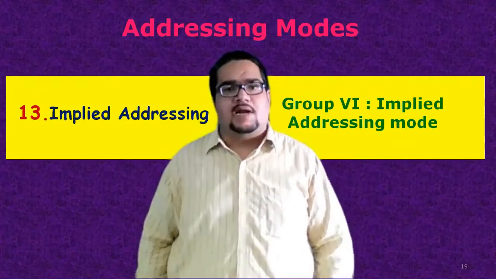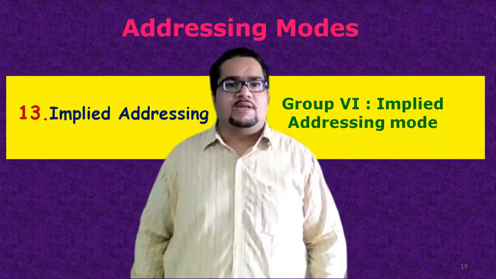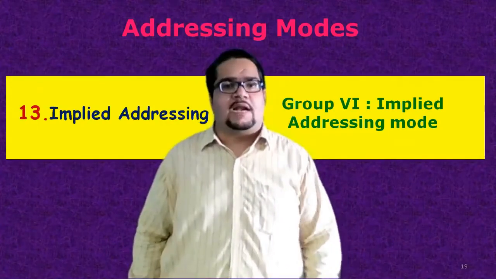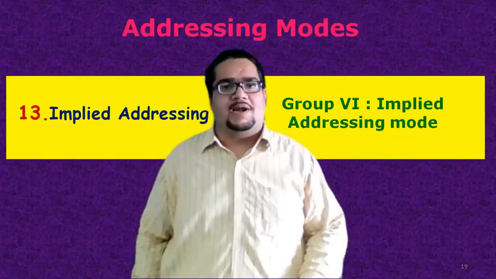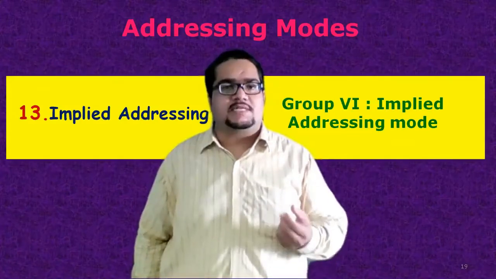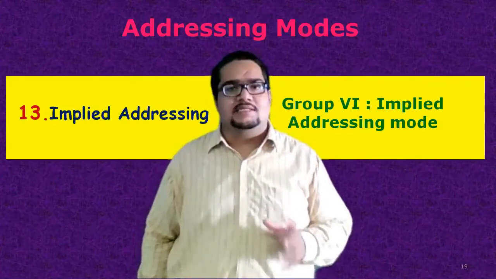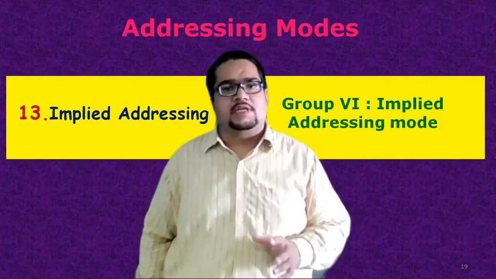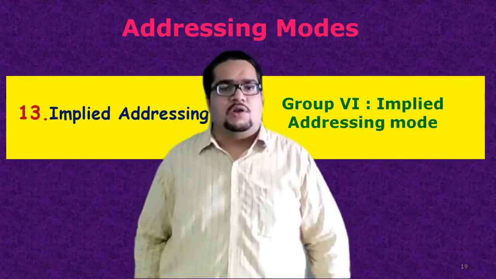A very good example of the implied addressing is the CLI instruction we have seen earlier, where you need not define or write where your operand stays, because the processor itself knows where your operand is. Your operand will be directly accessible from the instruction itself. You need not write it because it is implied. As in CLI, it knows that it has to clear the interrupt flag bit. Okay, we shall see all this in detail.